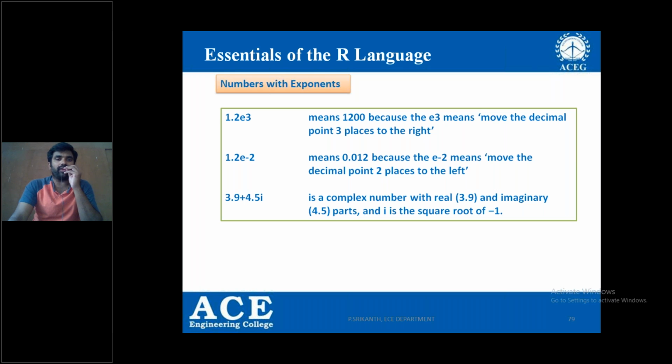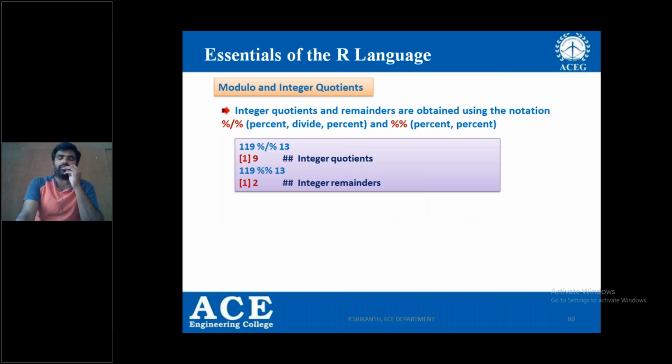Similarly, every time you cannot expect only real values as output. Every function or program won't take only real values. It may take even complex values, and our language also supports complex entries. The complex entries must be like 3.9 plus 4.5 i, where i represents the imaginary part, same as in MATLAB.